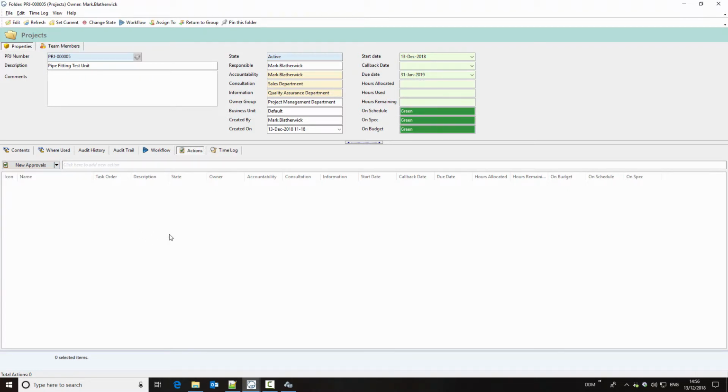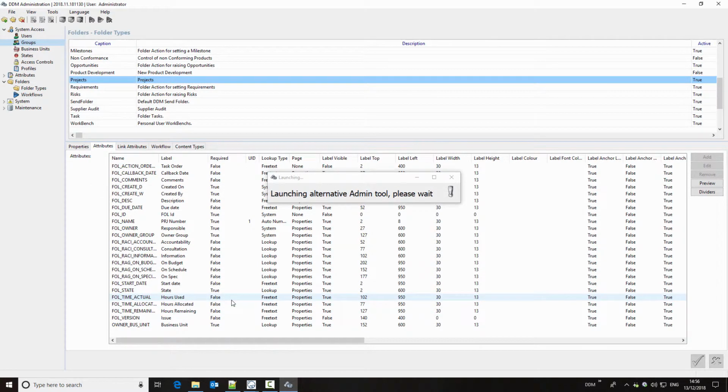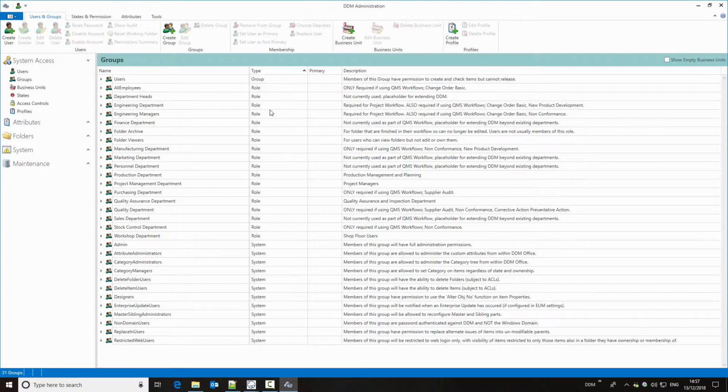There may be some things that we need to address, so you may find that this doesn't work after an upgrade and there are a few checks that we need to make. Firstly, if we go back into admin and go to our groups, then there are a number of default groups that have been enabled as part of the upgrade, and these are